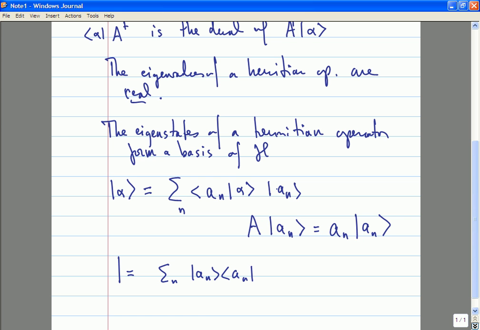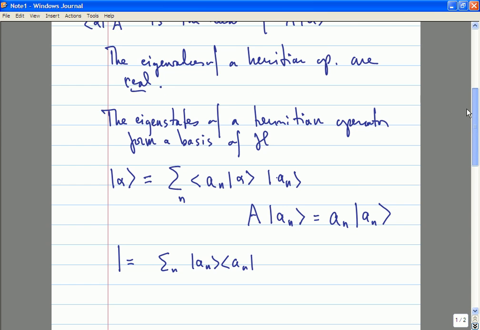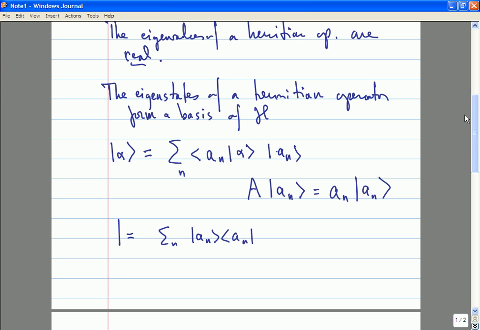A useful life lesson is that many wonderful things can be learned by thinking of 1, writing the number 1 or the operator 1, in as complicated a way as possible. So here we learned that by thinking of the identity operator as the sum of all possible projection operators onto a basis of your Hilbert space, you can learn interesting things. So, for example, it is this writing which gives us a notion of a wave function. So far, we've thought of states as being described by some abstract objects that we called kets that live in a Hilbert space.